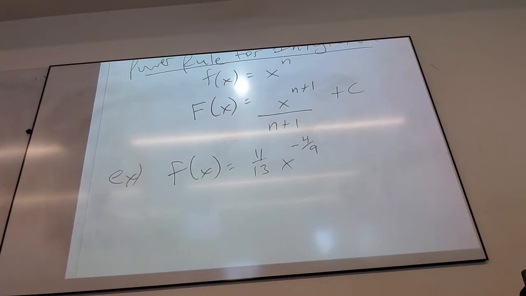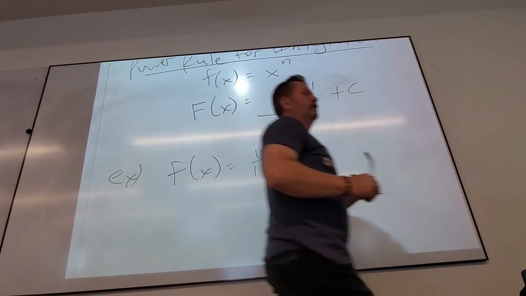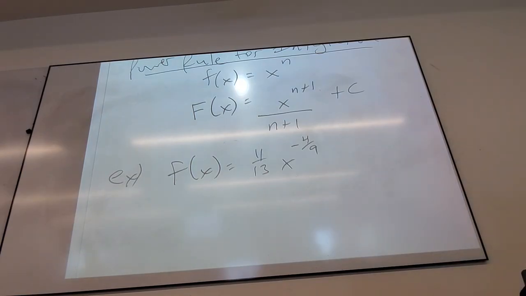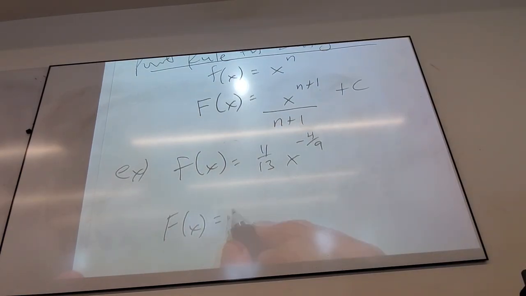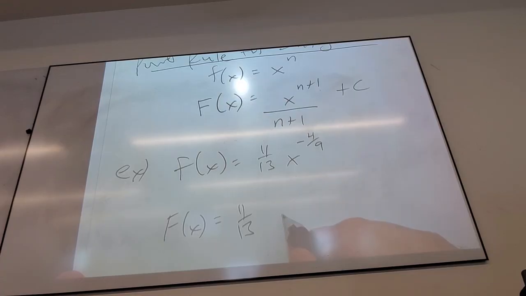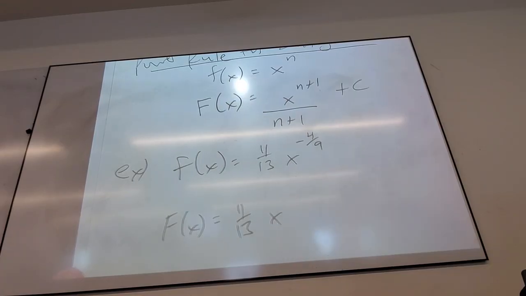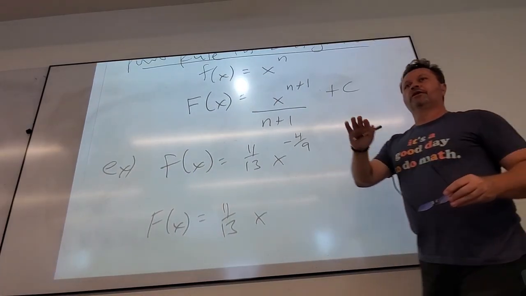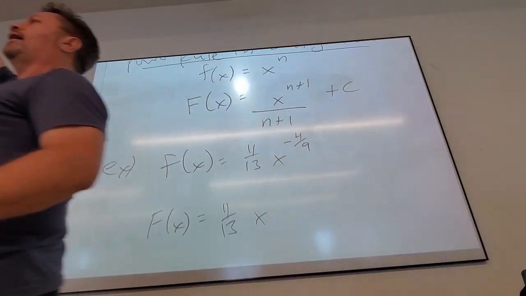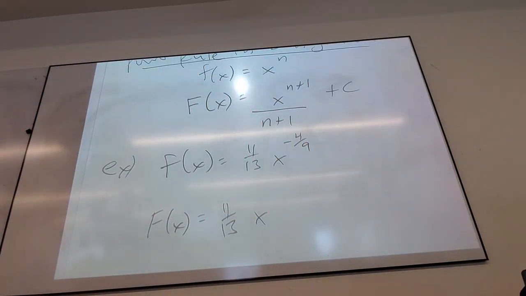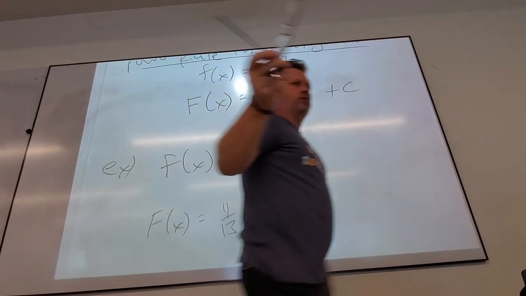So what do I need to figure out first when I'm trying to find big F, when I'm trying to find the antiderivative? Very first thing: plus 1, the new power. This would be x to the 5/9. Now here's what's beautiful. Remember derivatives? We subtracted top minus bottom, put it back over the bottom. Now to do antiderivative, I want to add 1. I add the top to the bottom and put the answer back over the bottom, because it's the inverse operation. What's negative 4 plus 9? 5. Put it back over 9.